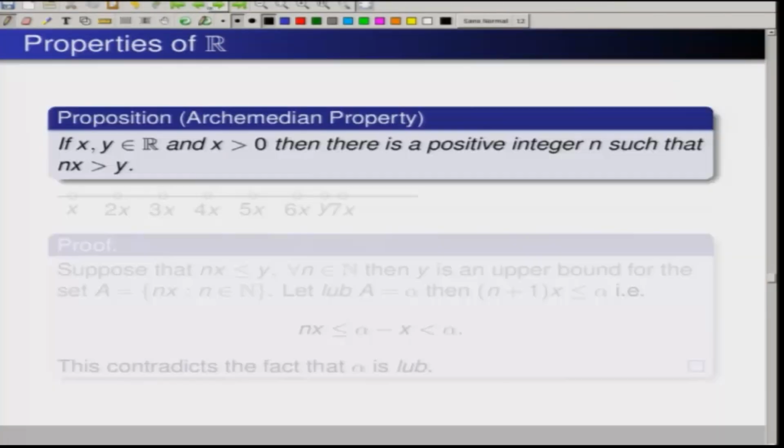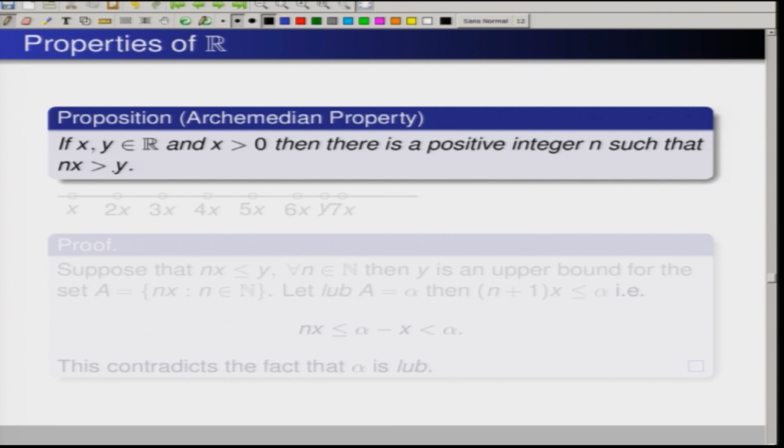Let us say what the other properties are. A very interesting property of this is called the Archimedean property. It is an ordered field, that means it will contain the element 0. So, x is a positive real number if x is greater than 0, and there is another number y wherever it is. Then I can always get a natural number n such that n times x is greater than y. You see, if y is negative, then n equal to 1 is going to do.